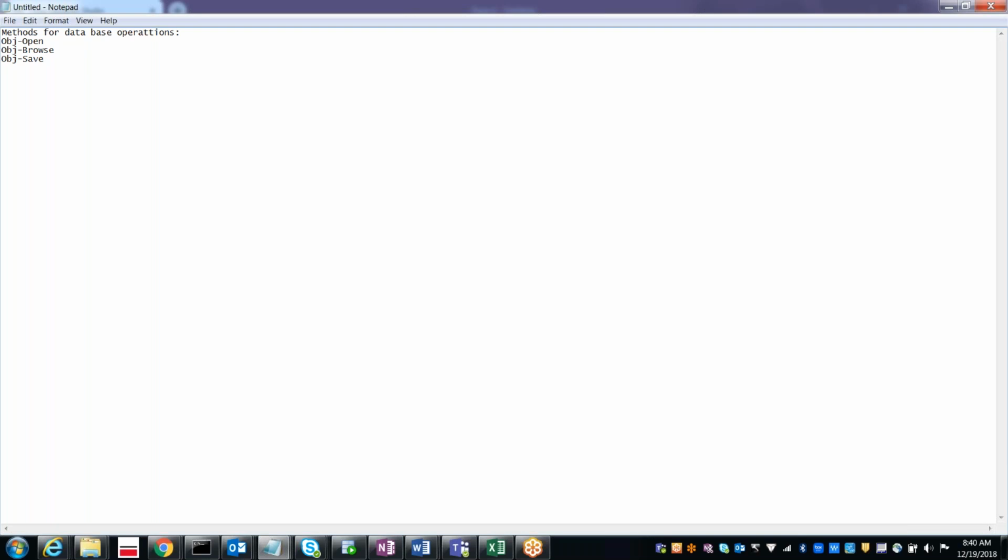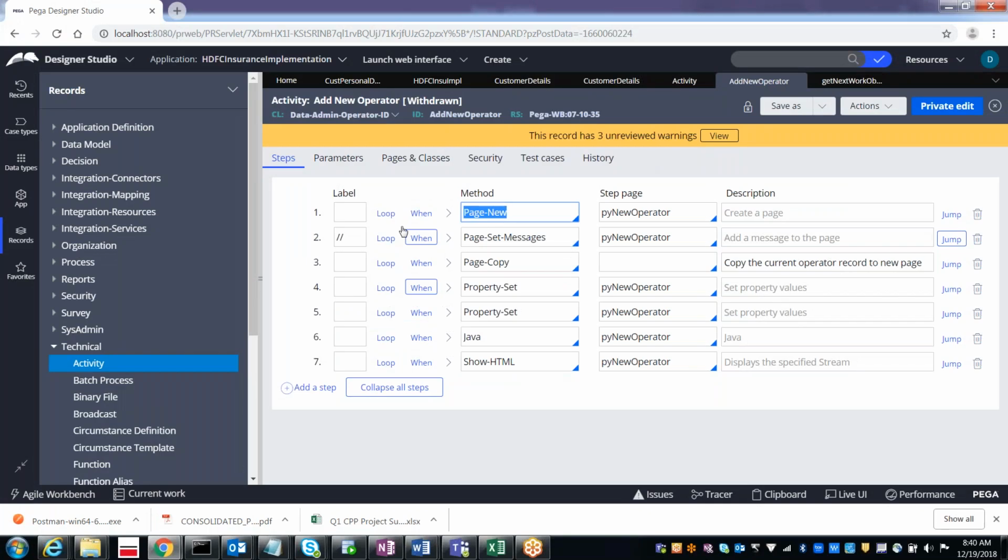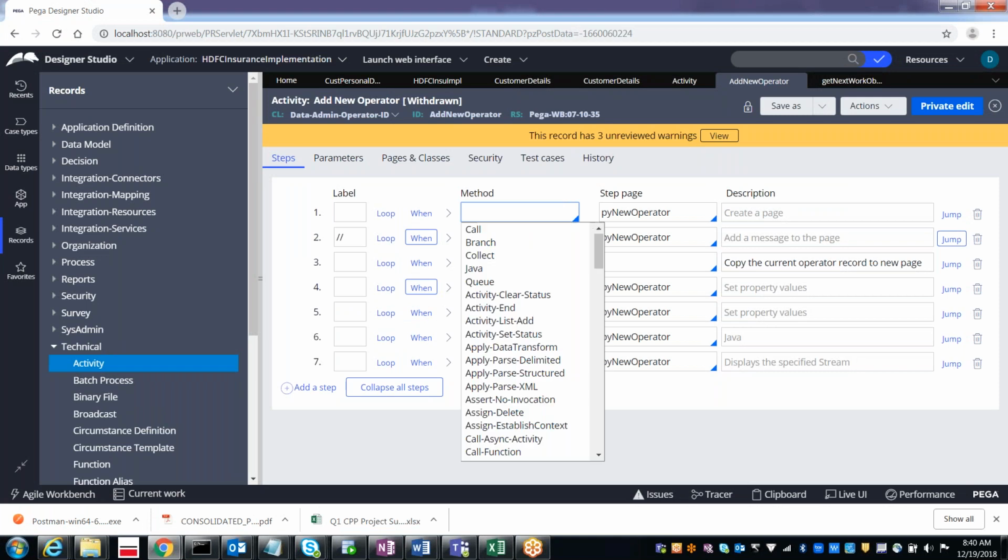If you want to perform these kinds of operations, you can use the Obj methods. These are the methods available. In case you want to see them, you can press the down arrow. Like this: Obj-Browse for retrieving multiple records, Obj-Delete for deleting the record.